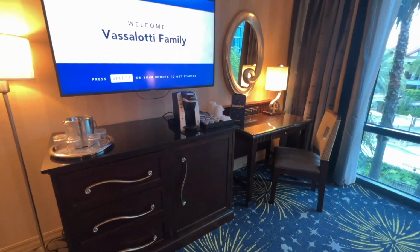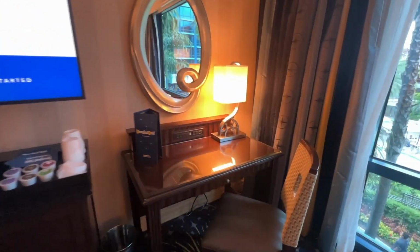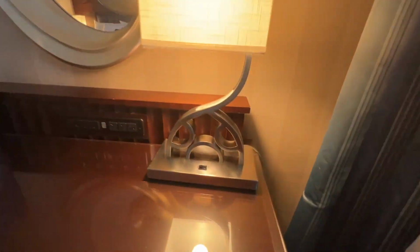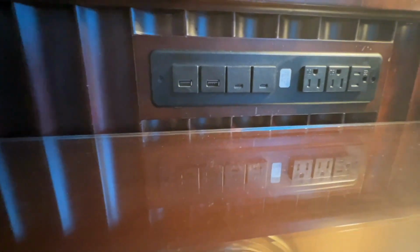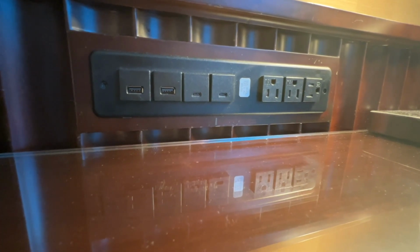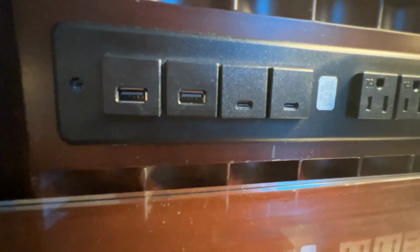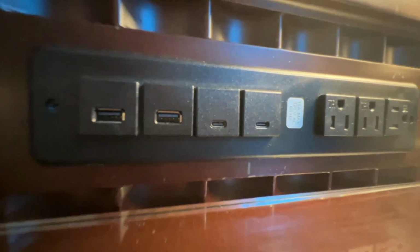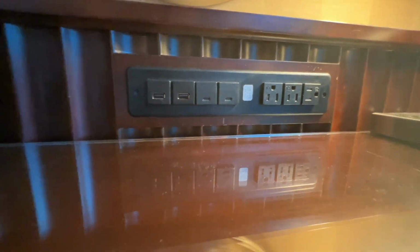Moving on from the dresser, we have the desk here. Another really cute Mickey lamp. And lots of plugs. This is where we're hiding all the charging ports. So that is great for charging stuff. Oh, this has even got the USB 3, whatever the fancy USB is. So that's good. Like that. We've got a drawer,